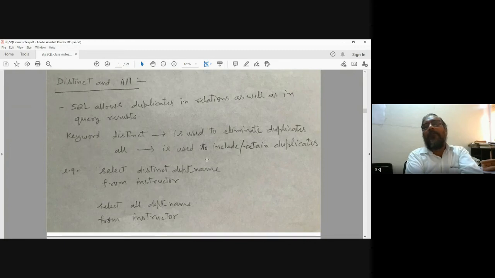So for all this, SQL supports two keywords: distinct and all. SQL allows duplicates in relations as well as in query results. The distinct keyword is used to eliminate duplicates, and the all keyword is used to retain the duplicates.